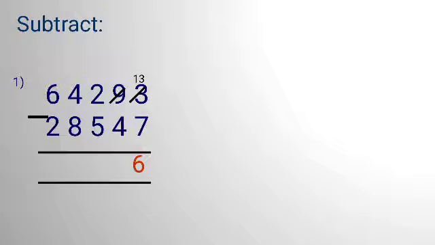Now after giving one to the earlier one, 9 becomes 8. So 8 minus 4 is 4. Similarly with the next, in the hundreds place, 2 is smaller than 5. He will borrow from the next column and become 12. So 12 minus 5 is 7. 4 becomes 3. Again the borrow process. Then 13 minus 8 is 5. And here is the last answer.